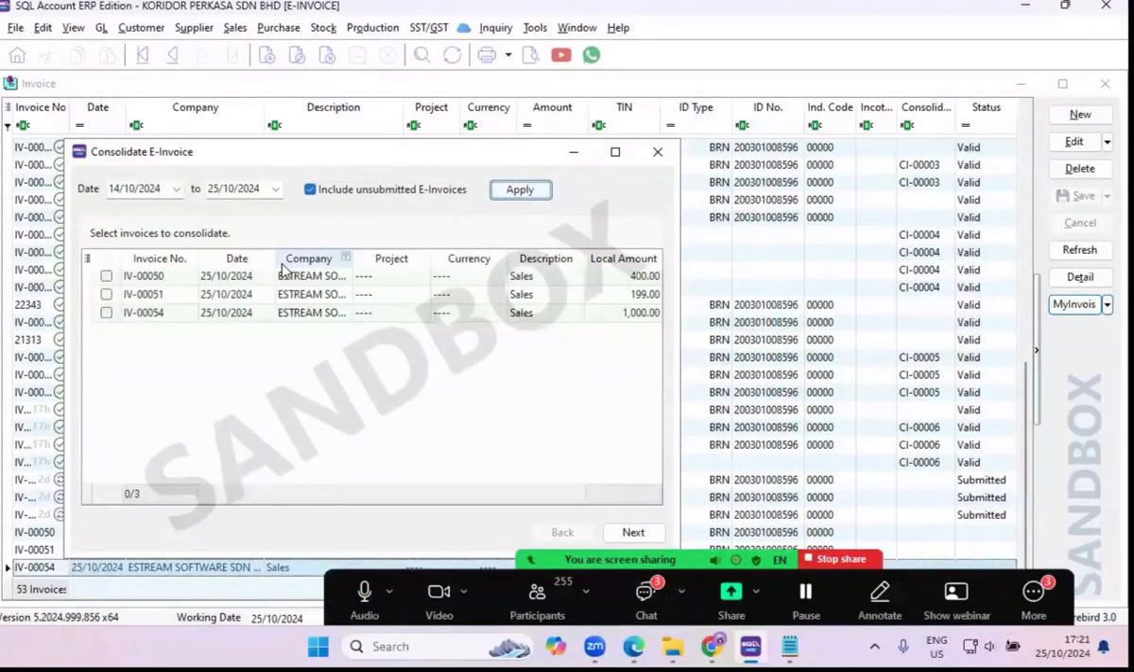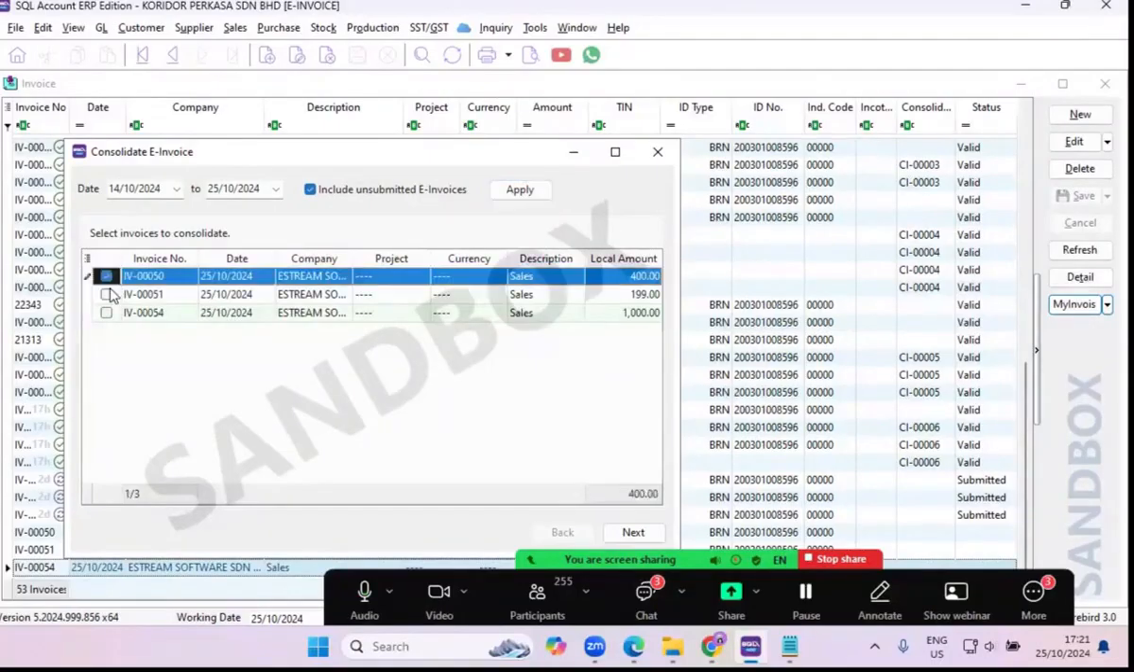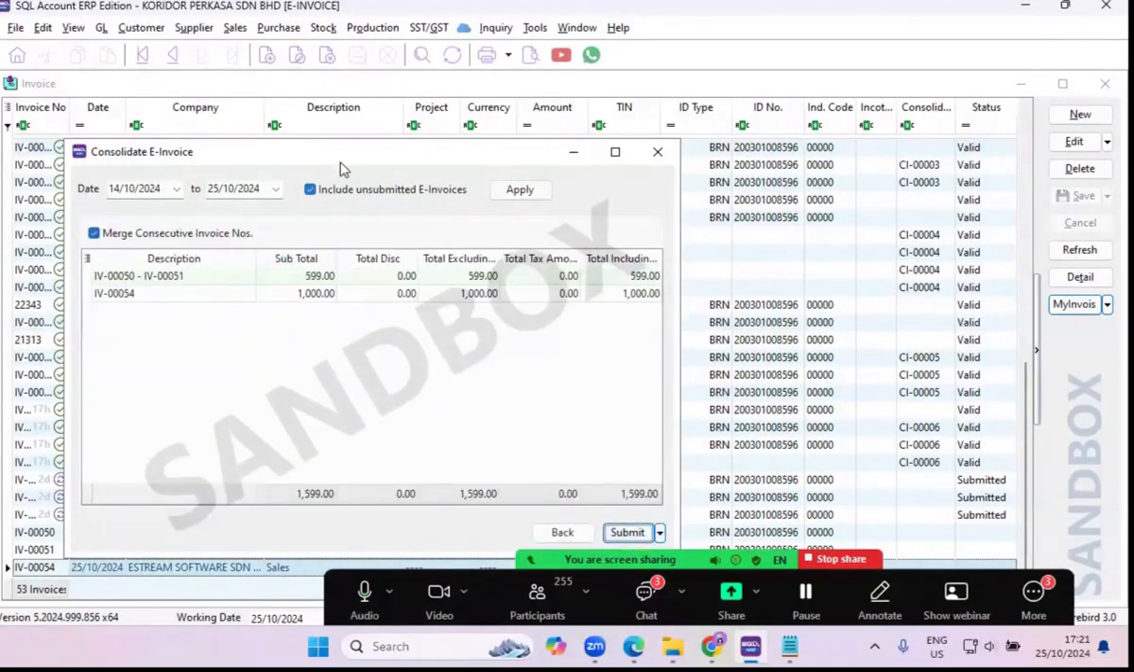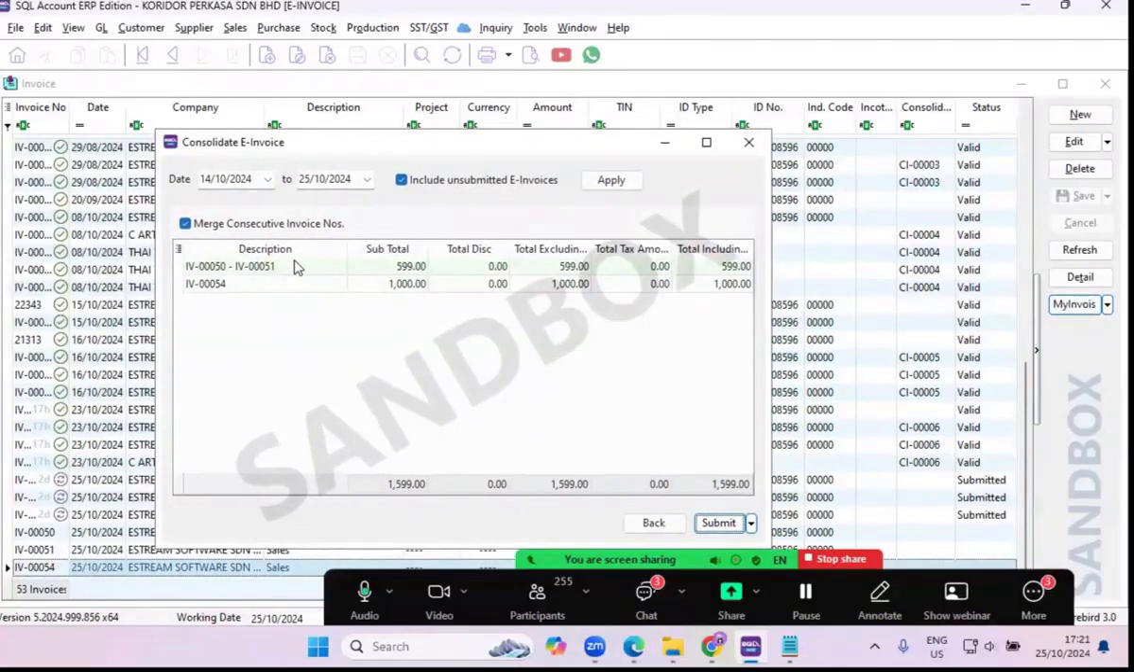So these are the 3 invoices that we just generated. I tick, then I go to next. What I want to show you is that in SQL, we can support 2 modes for the invoice running number. We can merge consecutive invoice numbers, for example 50 to 51, maybe 52, 53 is the e-invoice itself, then 54 is the consolidate. We can do so, or if you want row by row,